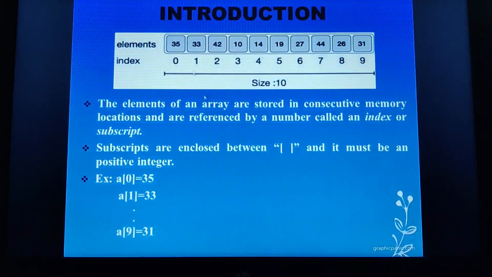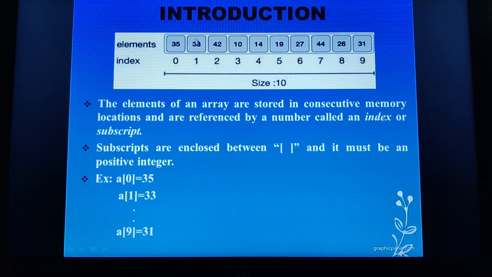Now the second thing we should know is how these elements are stored. Once they are grouped, how are they stored in computer memory? They are stored under contiguous memory allocation, or you can refer to it as consecutive memory allocation.